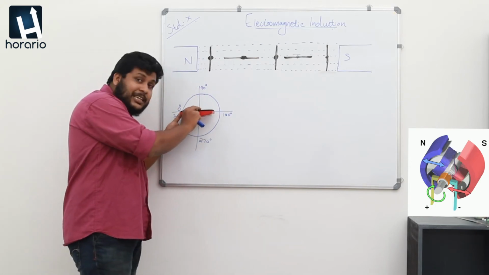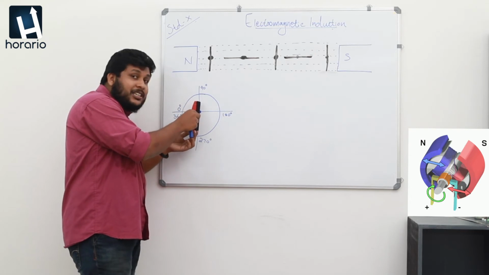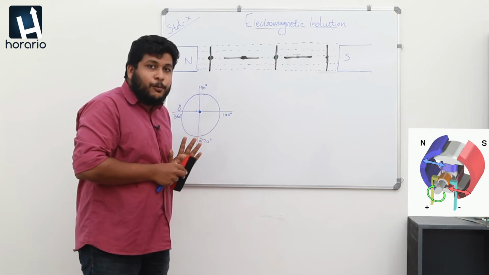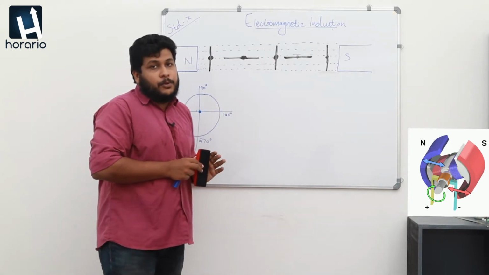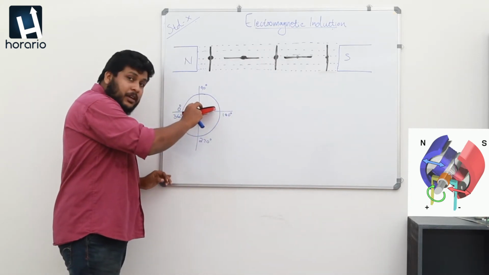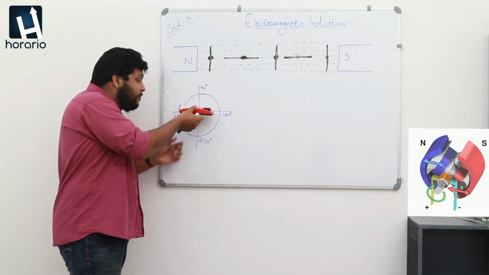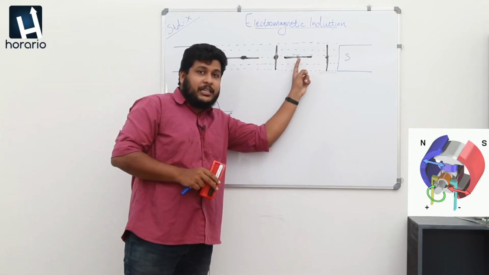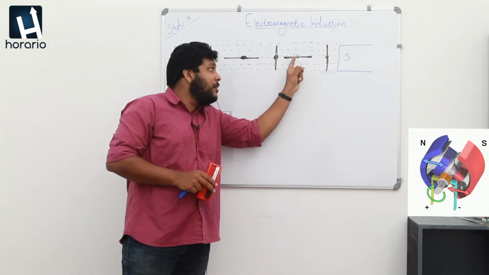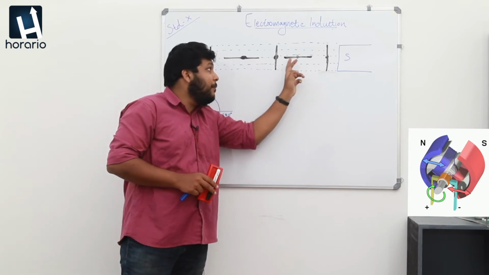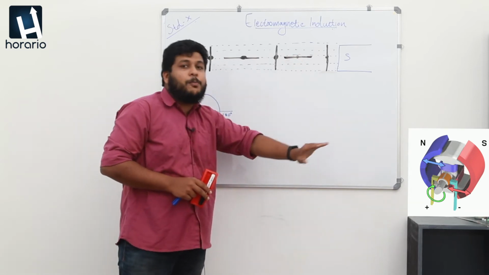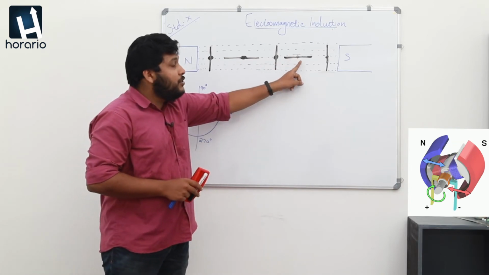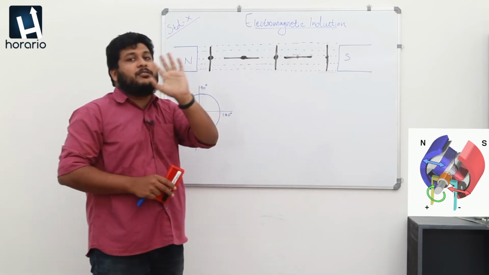Again, I am rotating this armature by 90 degrees, and it reaches 270 degree. At 270 degree, maximum flux linkage is possible again and maximum current can be produced. At the last moment, I am rotating it by another 90 degrees and it reaches 360 degree. Again at 360 degree, the armature is in a parallel position and maximum flux linkage is not possible. The flux linkage is very minimum here, so the current produced at this instant will be very small.